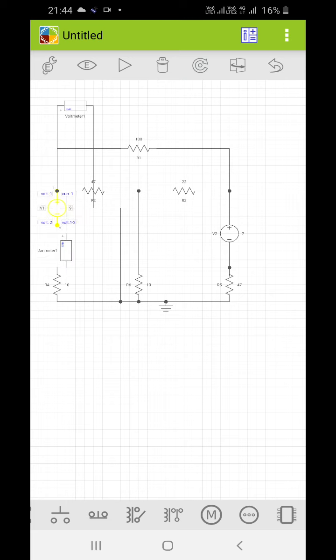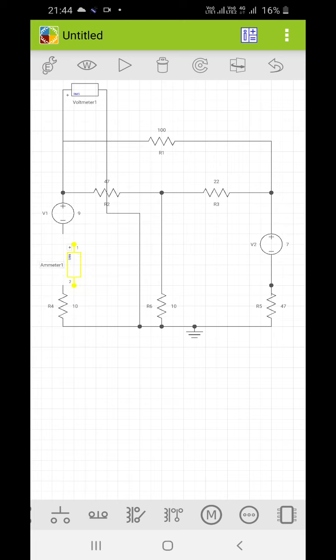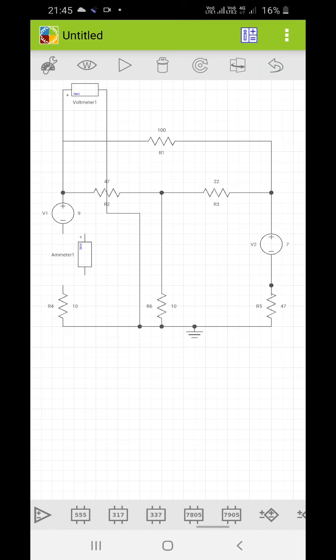So you can just wait. You can just zoom it, and then you can place it properly. I'll require some space, or what you can do is just click on the wire, and then you can also connect.